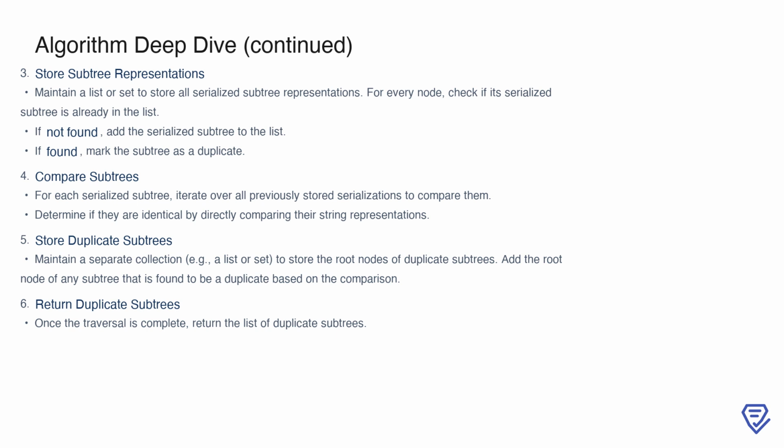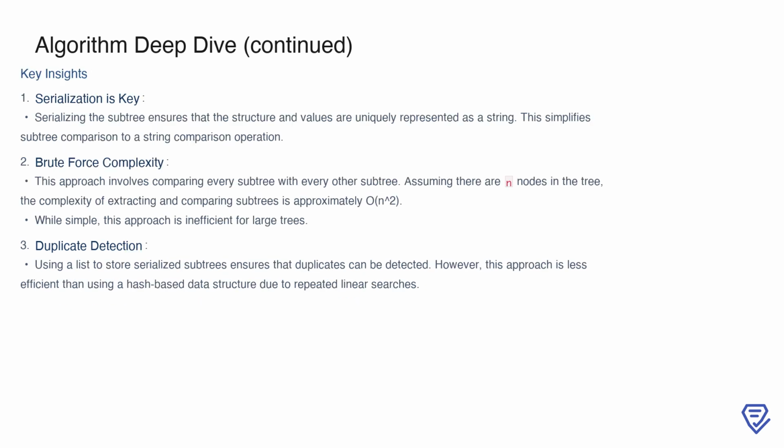Once a duplicate subtree is detected, we store its root node in a separate collection, such as a list or set, dedicated to duplicate subtrees. Finally, after completing the traversal, we return this collection of duplicate subtree root nodes as the result. The key to this approach lies in the serialization of subtrees. By converting the subtree structure and values into a unique string representation, we simplify the problem of subtree comparison into